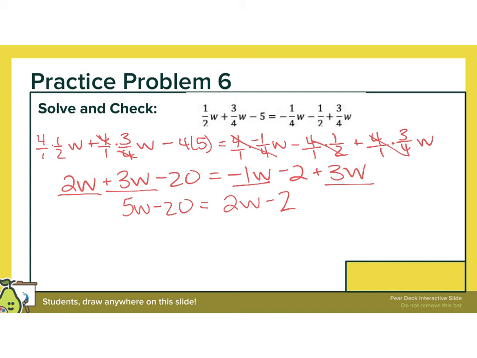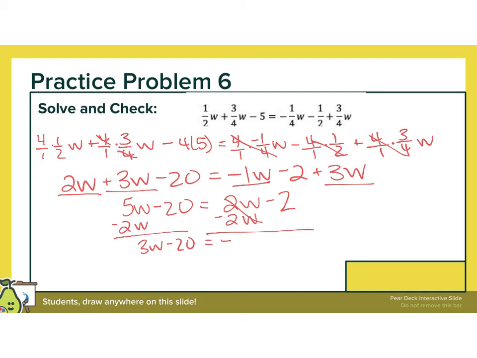Now we're on step 3. I need to get all my W's on the same side by moving the smaller one. The opposite of positive 2 is negative, so subtract 2W here, subtract 2W there. Now we have 3W minus 20